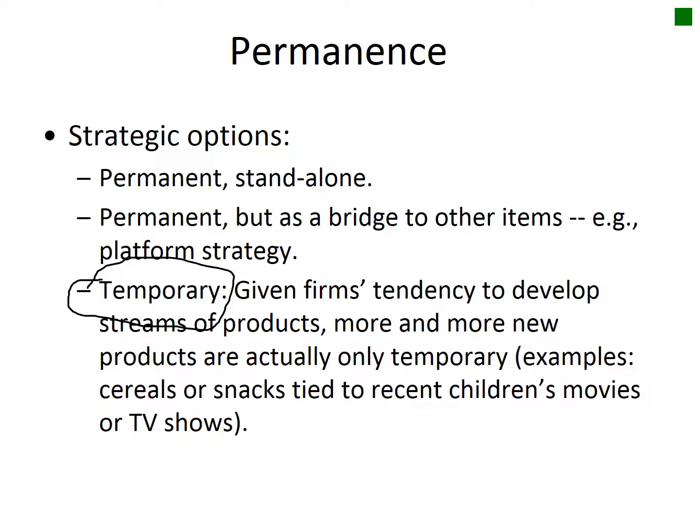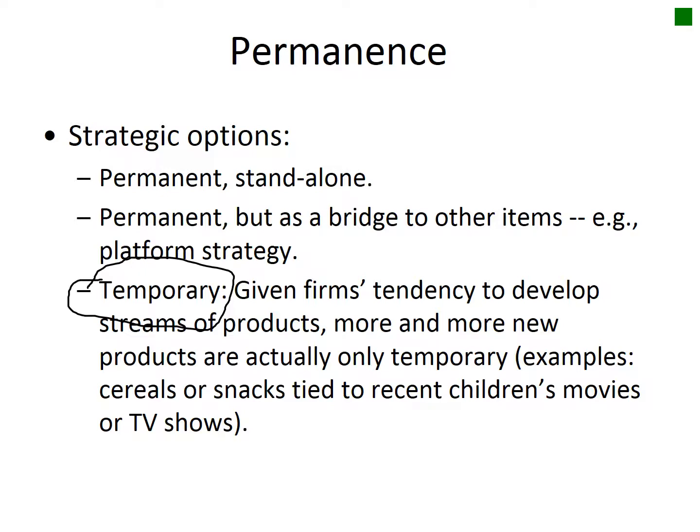So there are some examples here of how, like a new movie comes out and we're going to launch a product that is related to that movie, and you know that the life of the movie is only going to be so long in the marketplace, and so the product that we are offering will only be relevant for the length of time that that movie is relevant. So the permanence concept for that would be temporary. And so that's the issue there. We want to think about this, and this will heavily impact how we promote and how we market